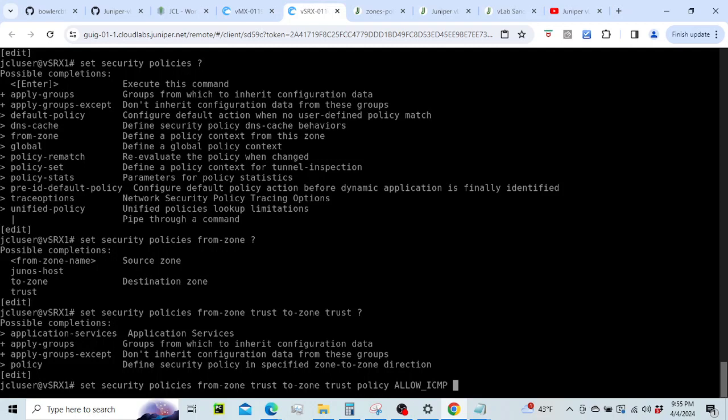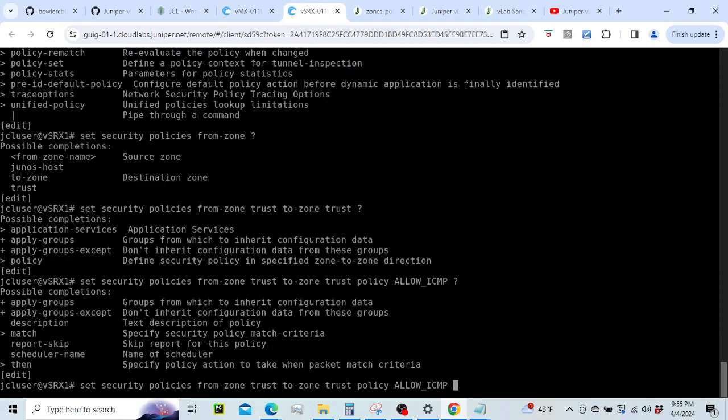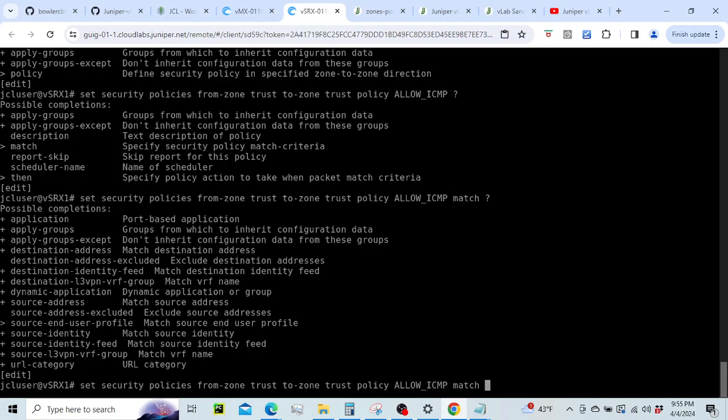If you're working on a ticket, you might want to reference the ticket number so that the engineer or the technician who looks at the firewall can look at a security policy and easily identify what the policy is created for. So if we hit question mark after we've defined the policy name, you can see that we have options to match, and that's where we're going to create the destination address and source address. So we'll do match source address,